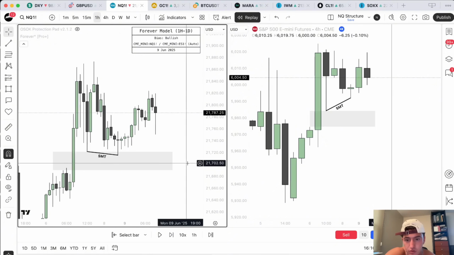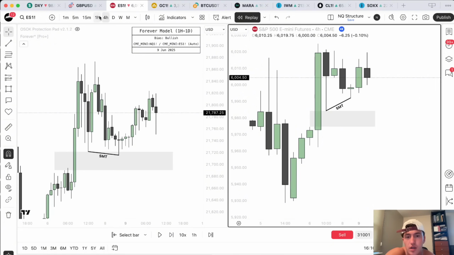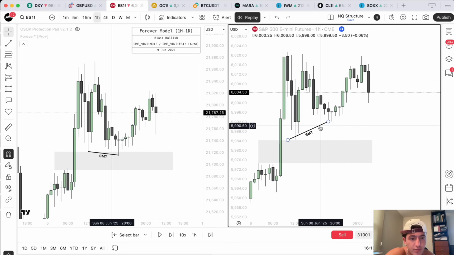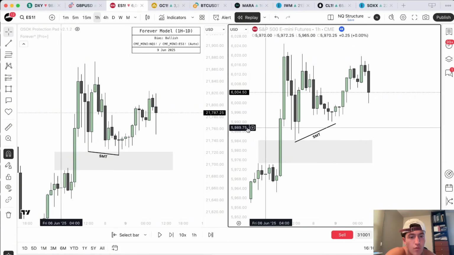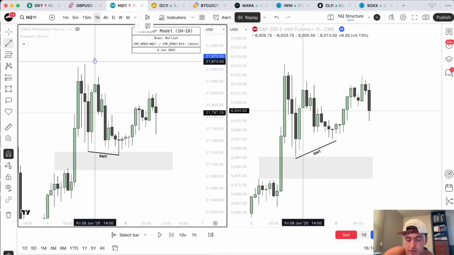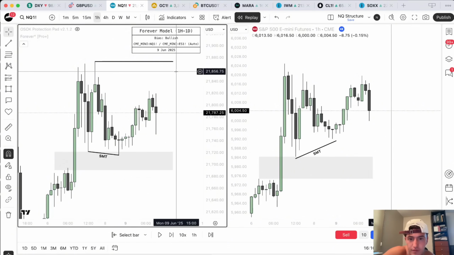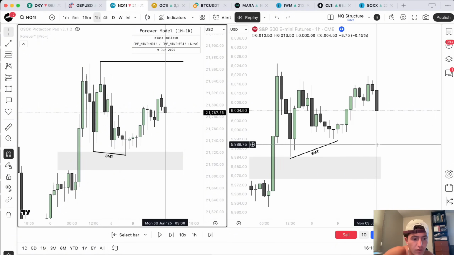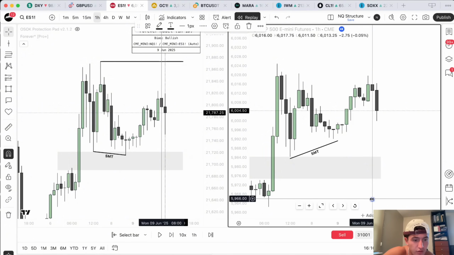So we go down to the 1-hour chart, and the draw on liquidity for the day and the daily objective that I wanted to label was simply the 4-hour external range high that was listed here at 21,874. Now, if we're looking closely at the time when equities open, I'm going to mark off a vertical line at the 9 o'clock candle.